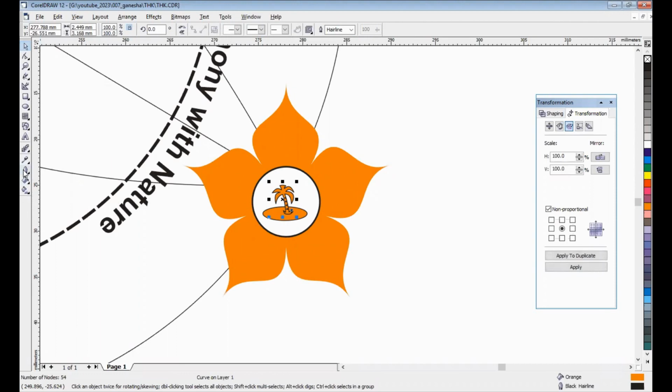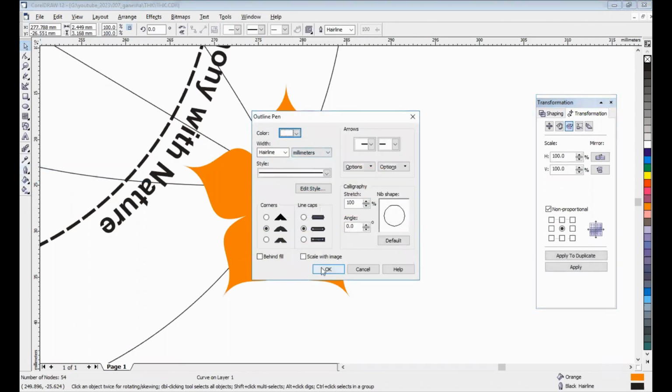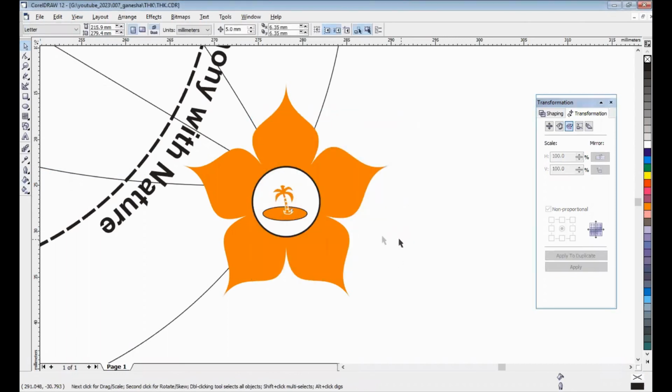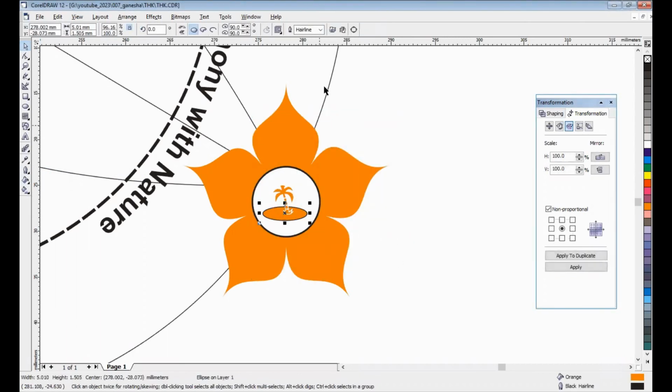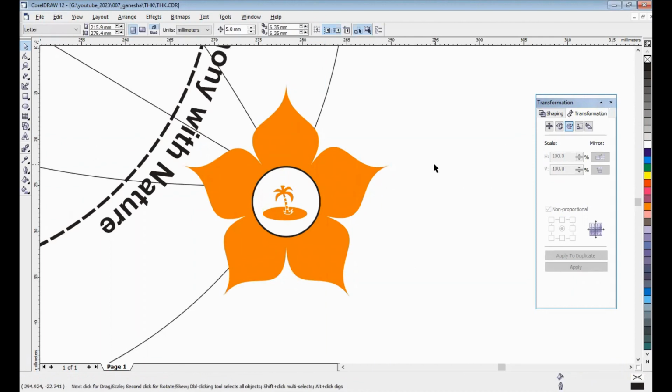We can use maybe white color like this, and then we give none. That's it, finish.